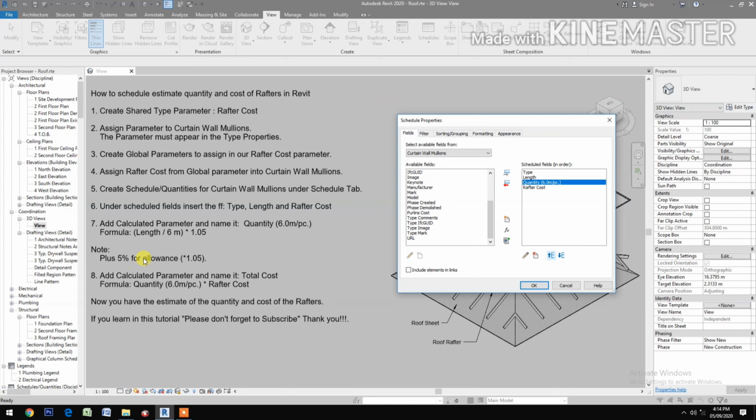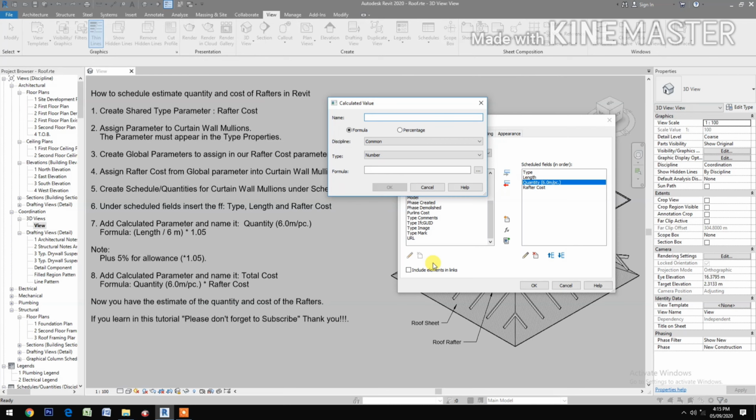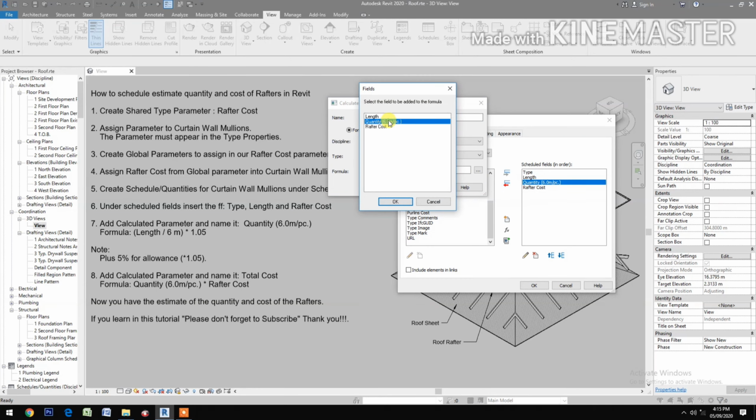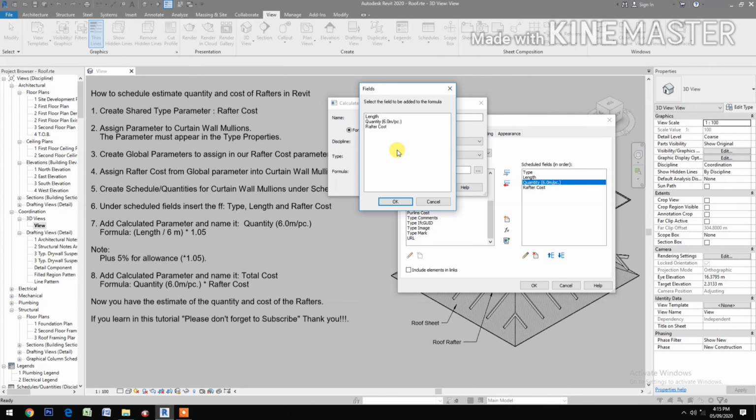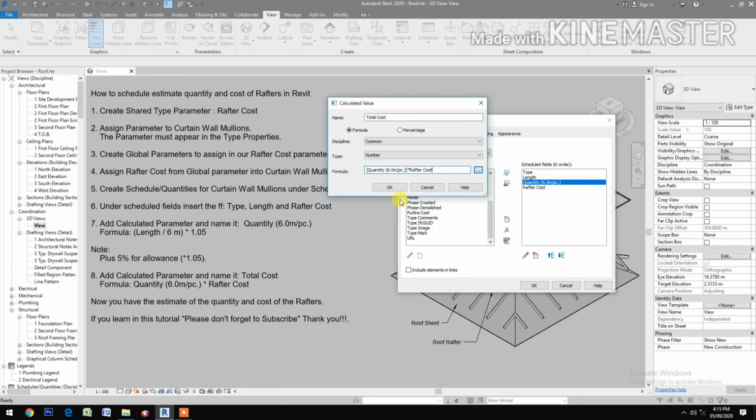Then add calculated parameter and name it total cost. Okay. Total cost. And the formula is quantity times Rafter cost. Okay. Then okay,